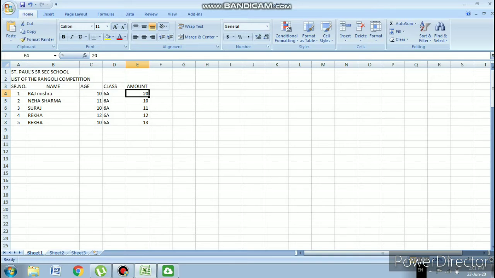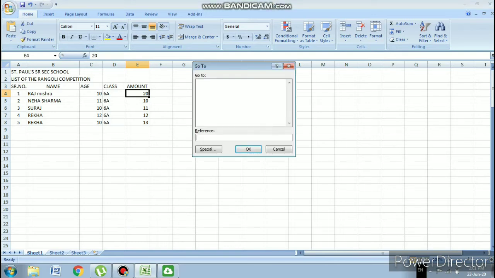The next option I want to tell you, if you are working with a big file or handling large data, one more option will help you to edit the file, that is Go To. So Go To is Control G. It will ask you for the reference, meaning the cell address where you want to go. Suppose I want to go to column Z and the 10th row.